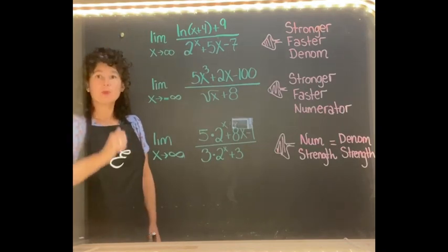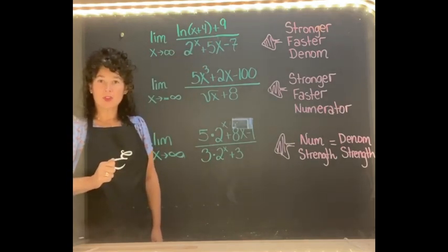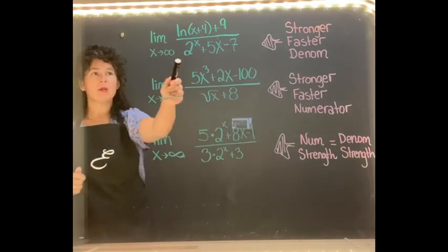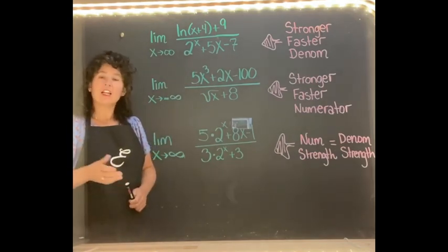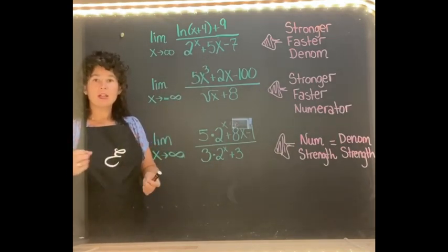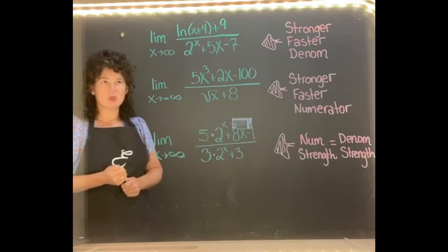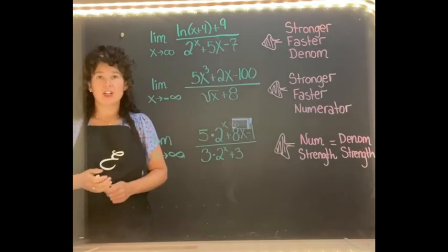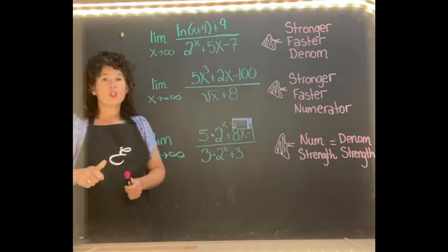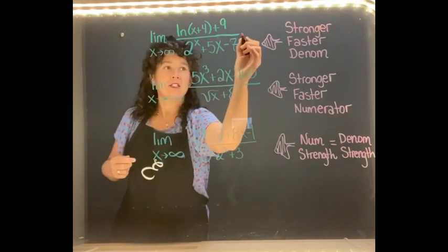Looking at this first problem, notice the numerator has a logarithm in it. Those are lazy. They grow very slowly. The denominator has a 2 to the x. It also has something linear, like 5x minus 7. But the dominating feature there is the 2 to the x because it's the strongest. The denominator is clearly stronger than the numerator, which means it's going to overtake the numerator, and the answer will